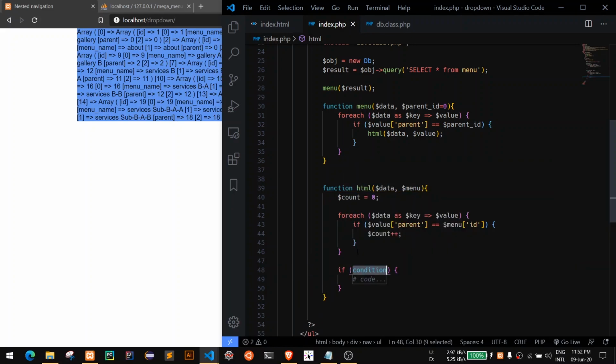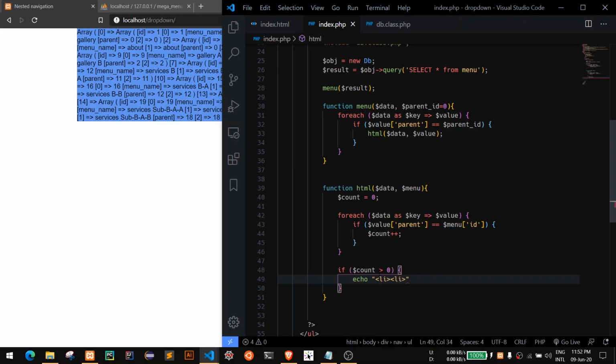So let's give it an if condition and check if this counter is greater than 0. Then I will echo my